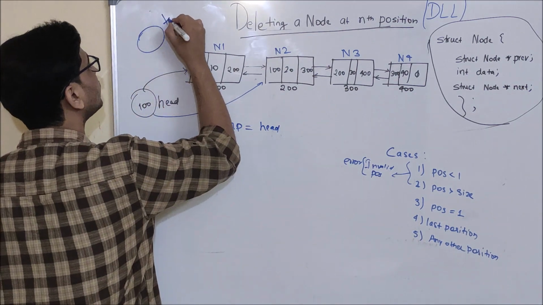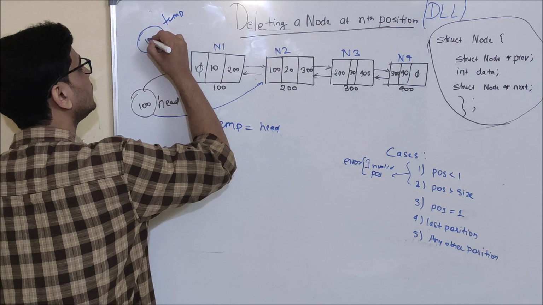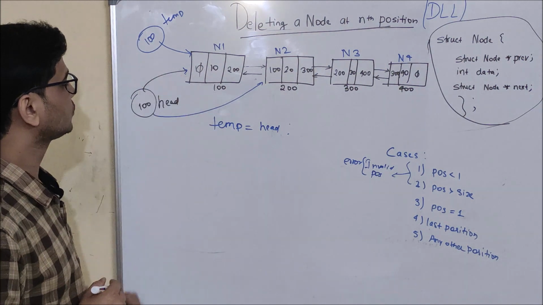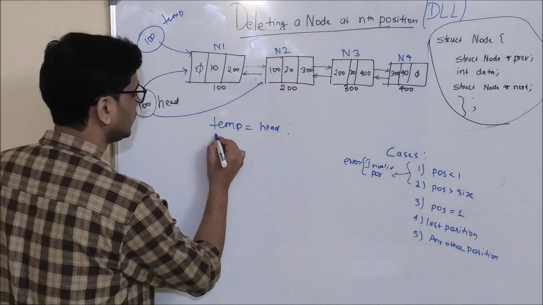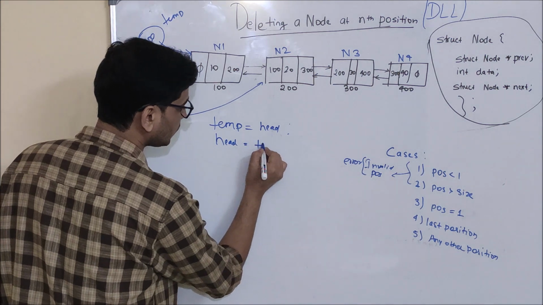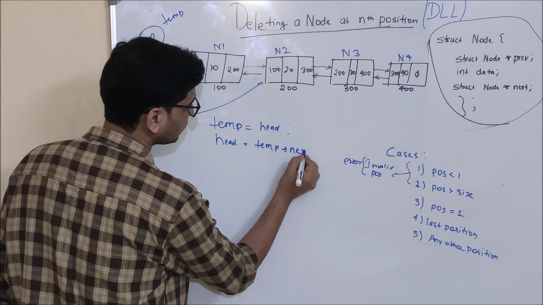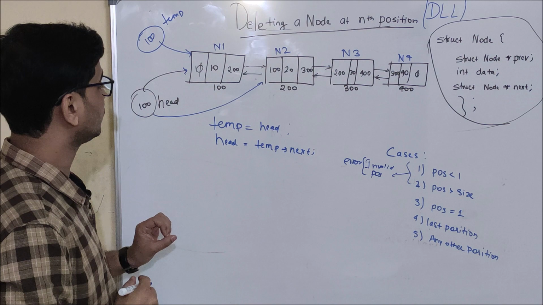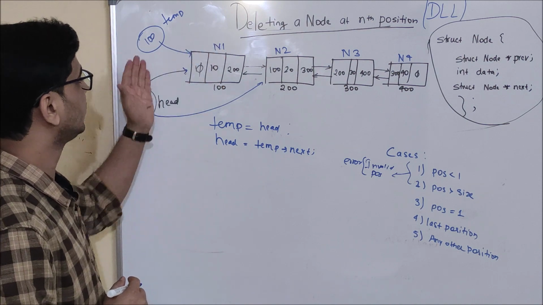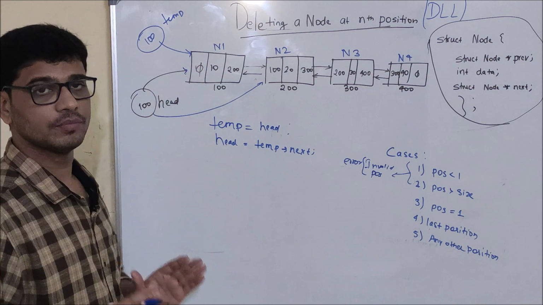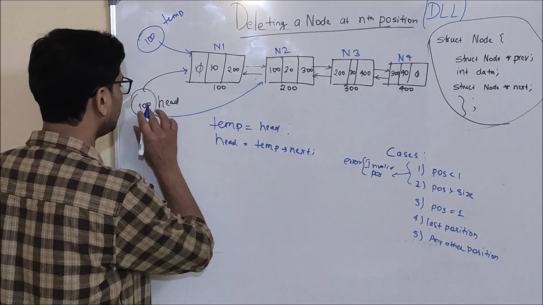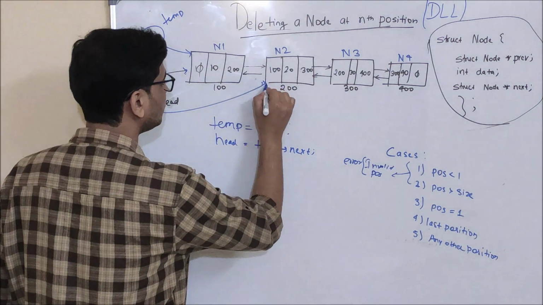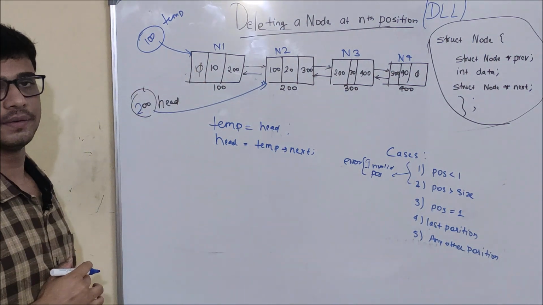So suppose this is my temp pointer. After this line, it will contain 100 and it will start to point to the first node. And after that, in head, we are going to put temp dot next. What is going to happen after this line? See, temp is pointing to the first node and temp dot next is equal to 200, that is the next part of the node starting from memory address 200. So head will be updated to 200, this link will be created and this link will get broken.